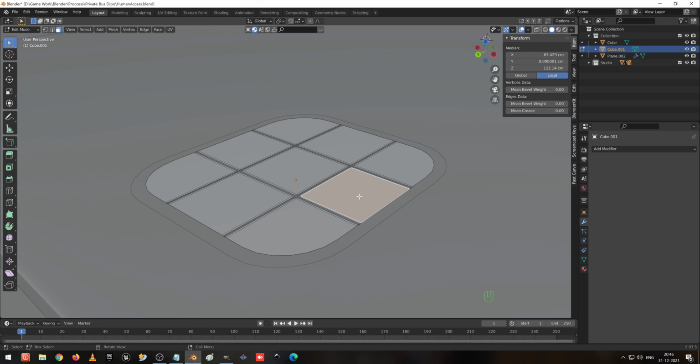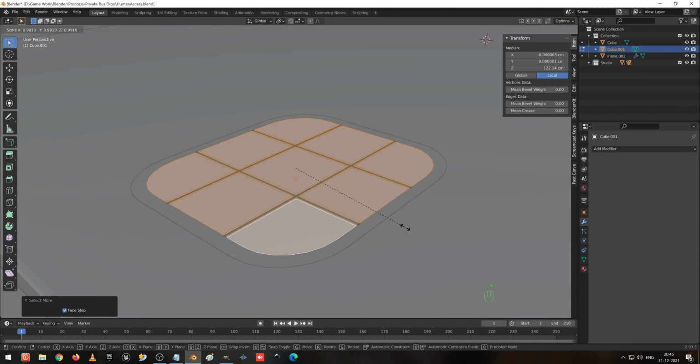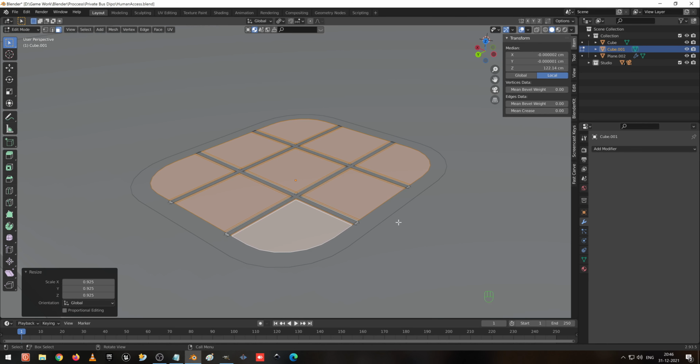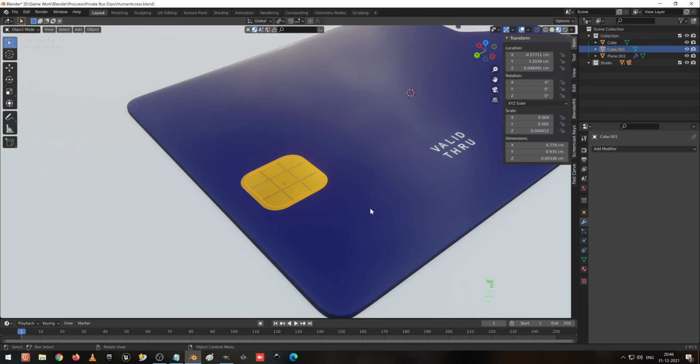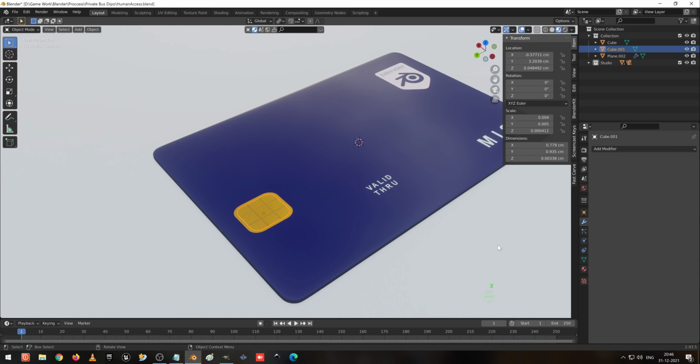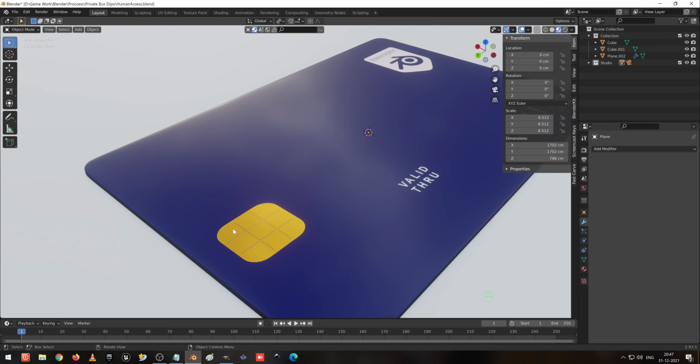Like that, same way I am going to select everything and press Ctrl plus, go to the origins and make it an individual origin, and scale down. Go to the material preview and see. Yeah, now it looks better, I feel.